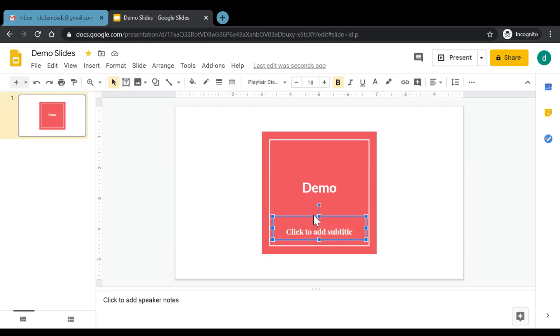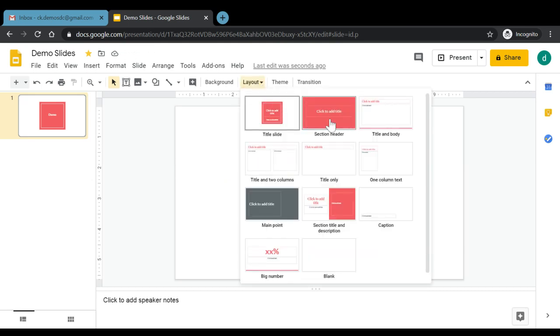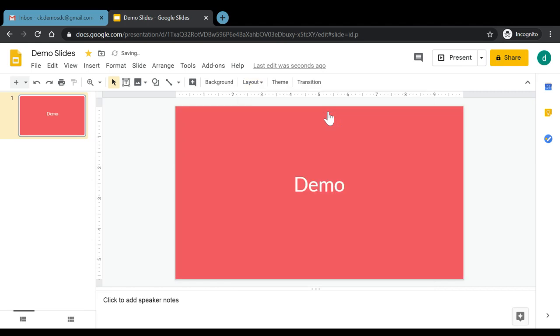And in case we want to change the layout of our particular slide, we can change it from here, apply layout. That is, if I don't want to have only the title, rather I want a slide which should have title as well as the content, it can be done from here. For instance, here I just want it to be a title slide, so it can be done very conveniently from this particular place.